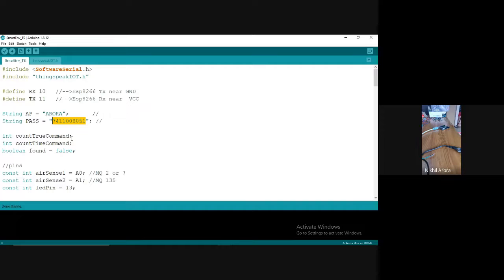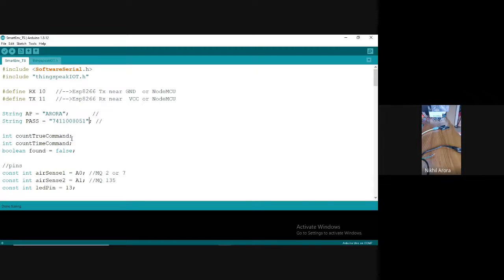But this ESP8266 or Wi-Fi module requires one more TX-RX. So I have created a virtual TX-RX, and this virtual TX-RX will communicate to ESP8266 or Node MCU, or any similar modules.